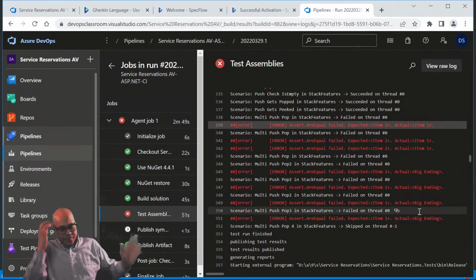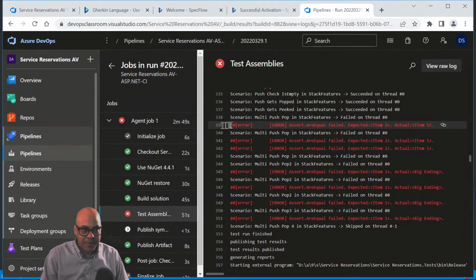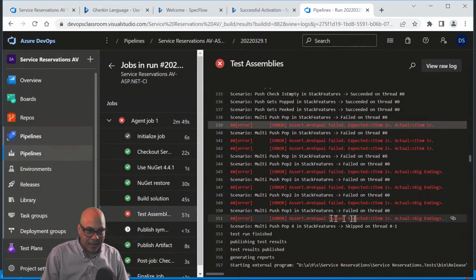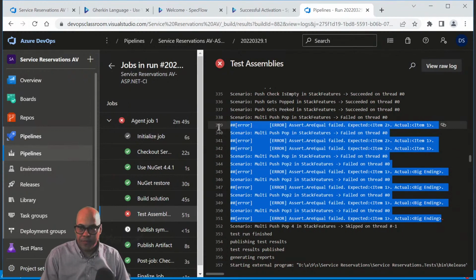So I'm happy about this because I don't want to scan through and read everything. But when something fails, I don't want to just know that something failed. I want to know which test specifically failed so that I can go back and research that and solve whatever the root cause is. So I'm very happy that Microsoft has finally listened to my complaints and changed this white text that was very hard to find and scan through to red.